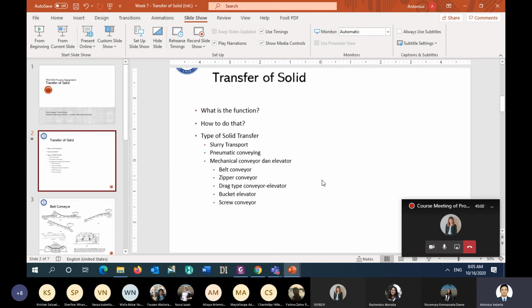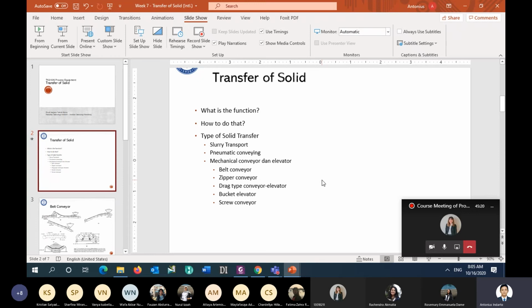In the case that the solid particle is, for example, a combination of very small ones and some bigger parts, for example coal.